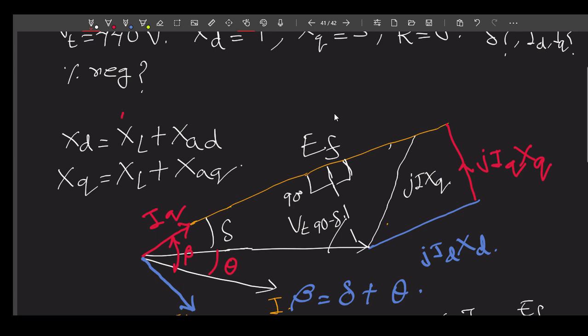Now, as this is 90 minus delta, this one is actually, what about your j Iq Xq, that is perpendicular to your I, means it is 90 degree. So how much would it become? This would become